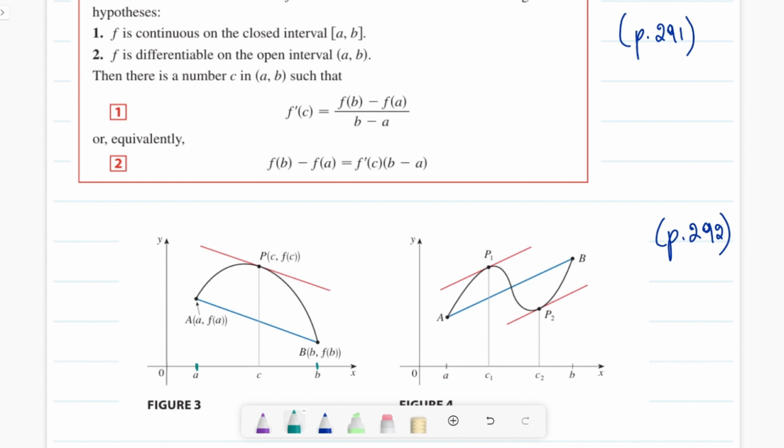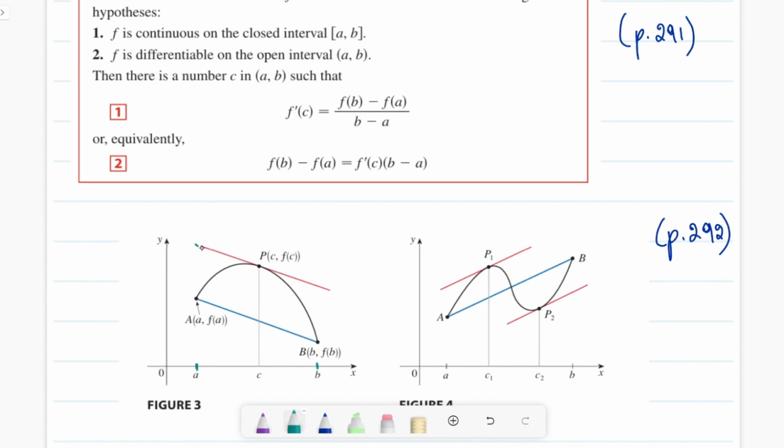And then f is differentiable on the open interval a to b, which we can also see is the case for us, because as we said earlier, for f to be not differentiable, we either need a sharp corner or a curvy corner, which we also call a cusp, or we need a vertical tangent line, or we need a discontinuity, which we don't have any of here. So f is differentiable on the open interval a to b. Then there exists a number c in the open interval a to b such that the derivative at point c